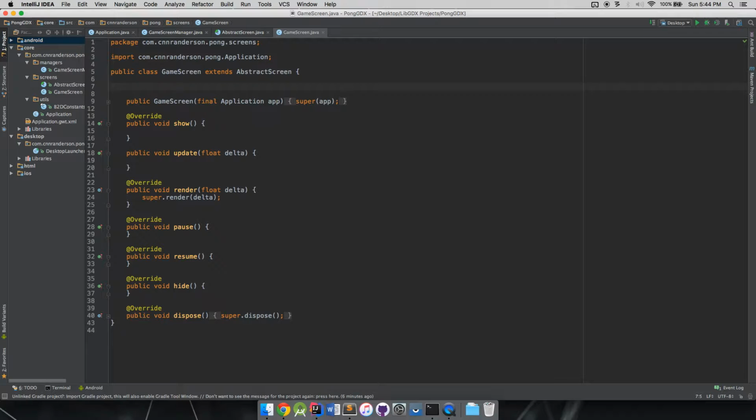So to get Box2D set up, we're going to need a few things configured first, and that'll include an orthographic camera for our Box2D debug renderer to work with. It will also include making sure that we have a Box2D world, and we could also, as I said, set the stage viewport. So let's get first the